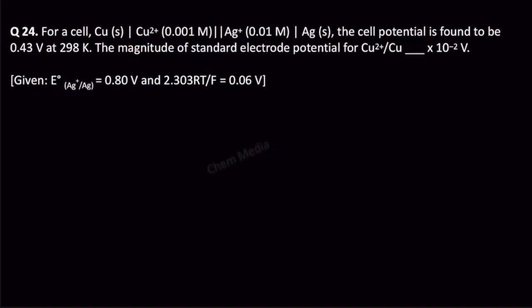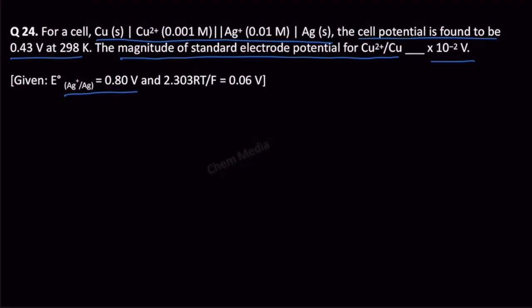For a cell involving copper and silver electrodes, the cell potential is found to be 0.43 volt at 298 K. What is the magnitude of standard electrode potential for copper 2 plus becoming copper? We have to find out the answer in terms of 10 to the power minus 2 volt. Standard reduction potential of silver plus becoming silver is given as 0.80 volt, and this is the term we use